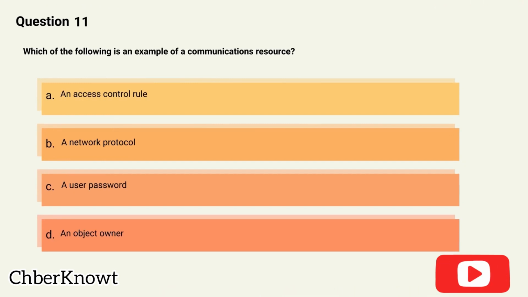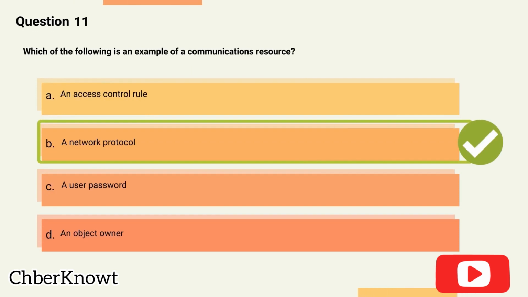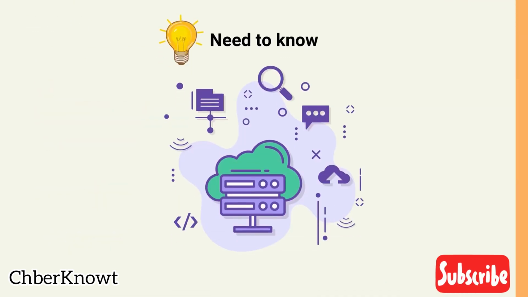Option A. An access control rule. Option B. A network protocol. Option C. A user password. Option D. An object owner. The correct answer is Option B. A network protocol. Explanation. In the context of information technology, a communications resource refers to any hardware, software, or protocol